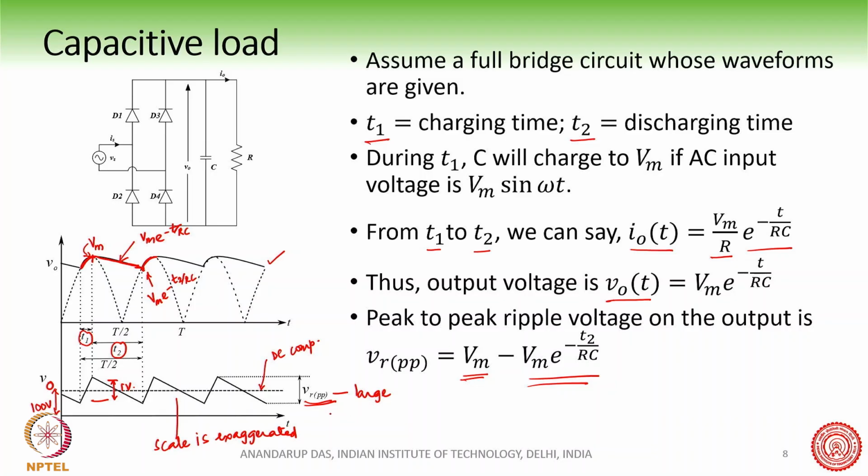It generally looks like this. Generally you will hardly notice a small ripple on a voltage. So this voltage will be 100 volts, and you may have a peak to peak ripple of say 1 or 2 volts. You will hardly see a very small ripple on the output voltage. Okay, so anyway,